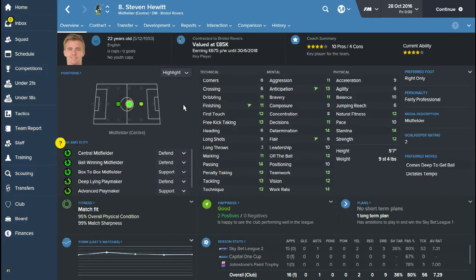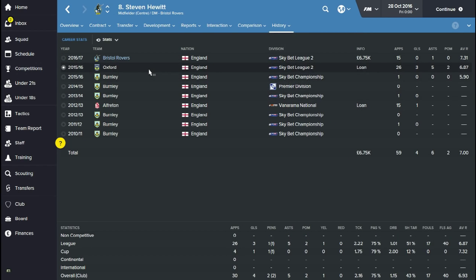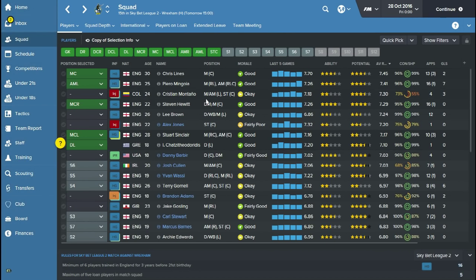Stephen Hewitt, for example, I managed to get this guy, and he's only 22, but he's bloody good for League 2 basically. This guy was on loan last season at Oxford, who were playing in League 2, and he had an average rating of 6.87, so I really did want to get this guy into my club because he was playing really well. Who else have we got? So this guy here,